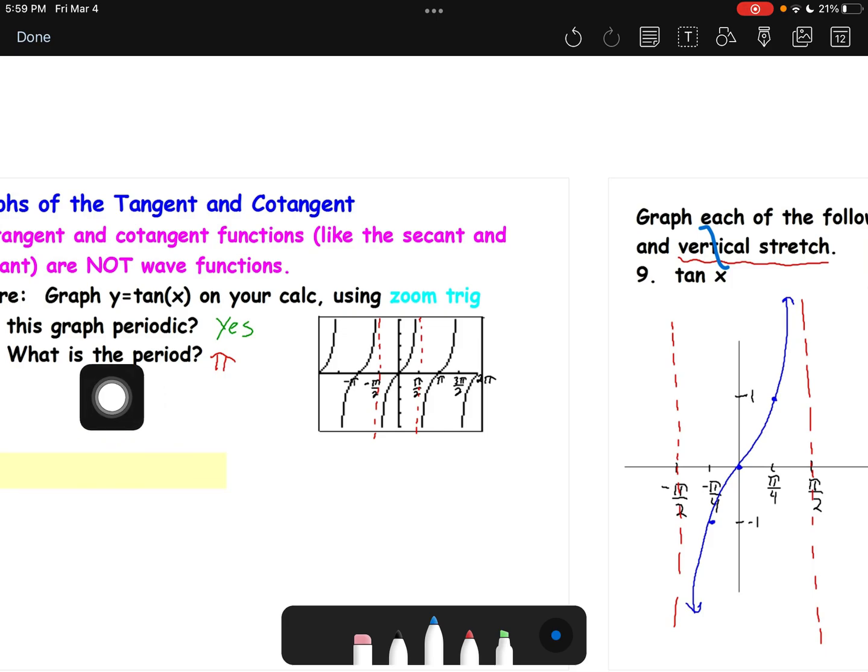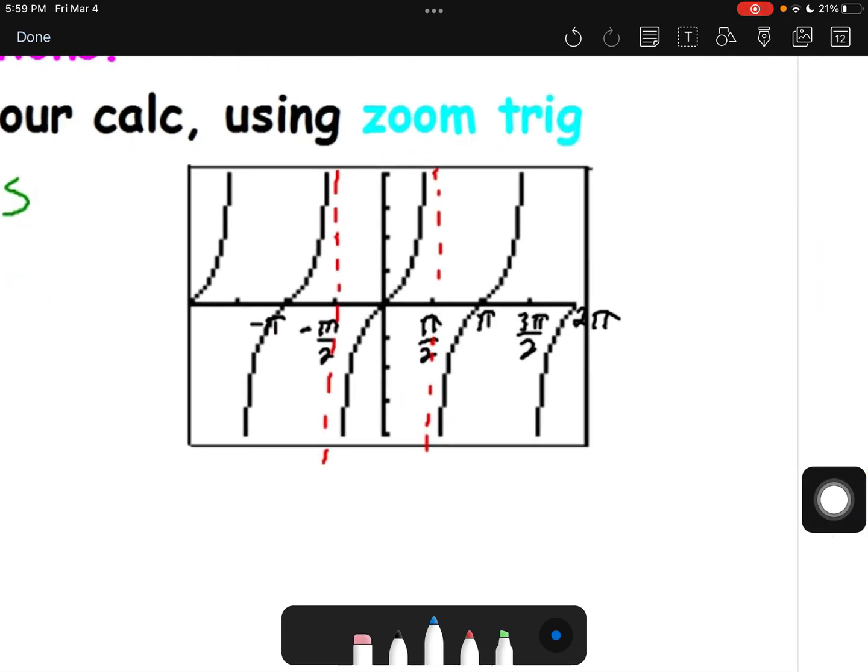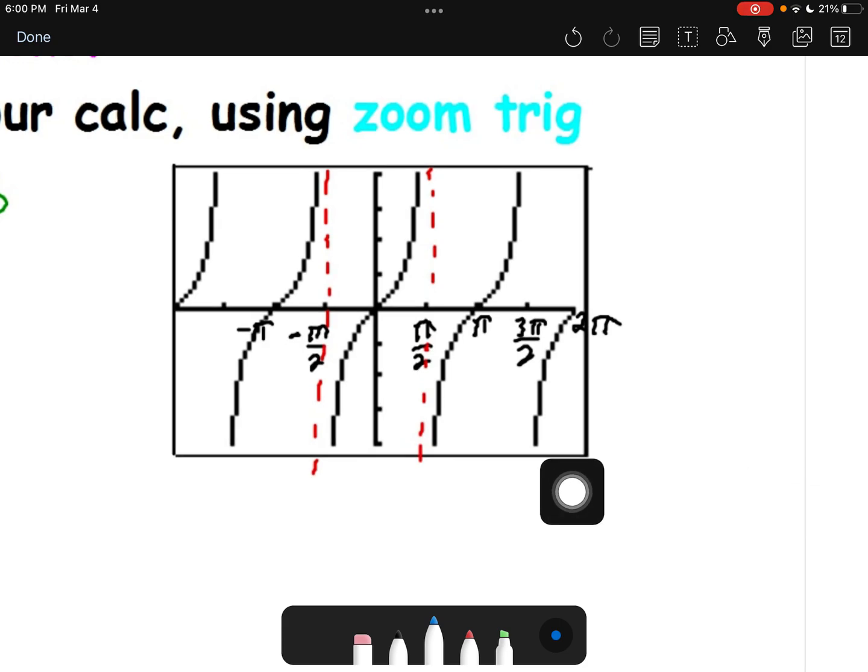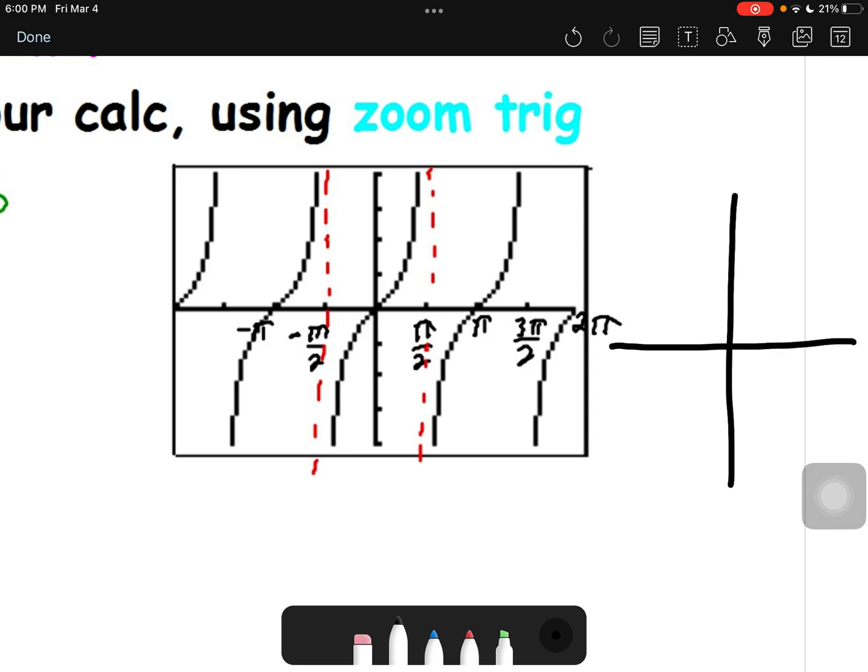It says, is the graph periodic? Yes. What's the period? To determine that, if we examine this a little bit more, I went up to 2 pi and negative 2 pi, and what we saw in there was these three full branches. If we think about some of the values, the tangent of 90 degrees, that was, I'm sorry, it was undefined, because